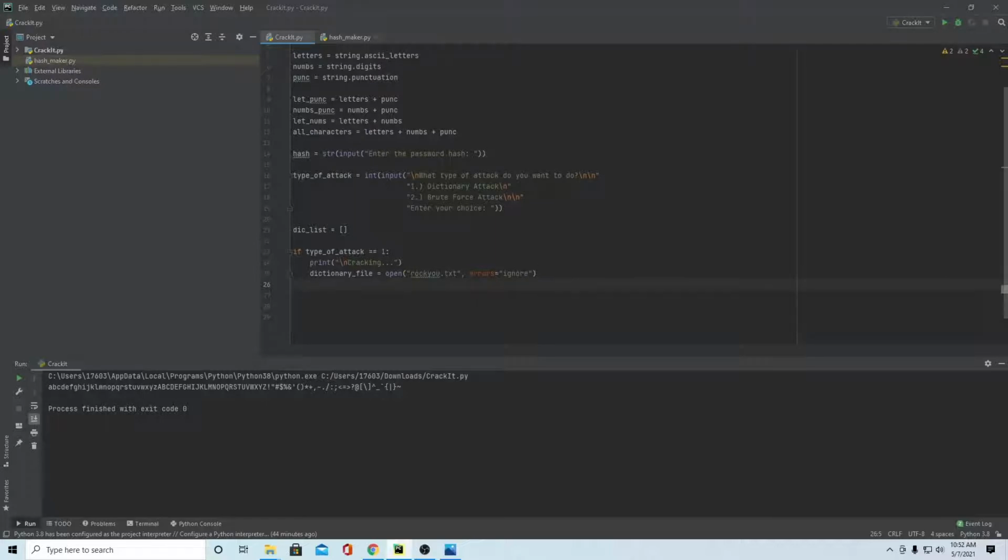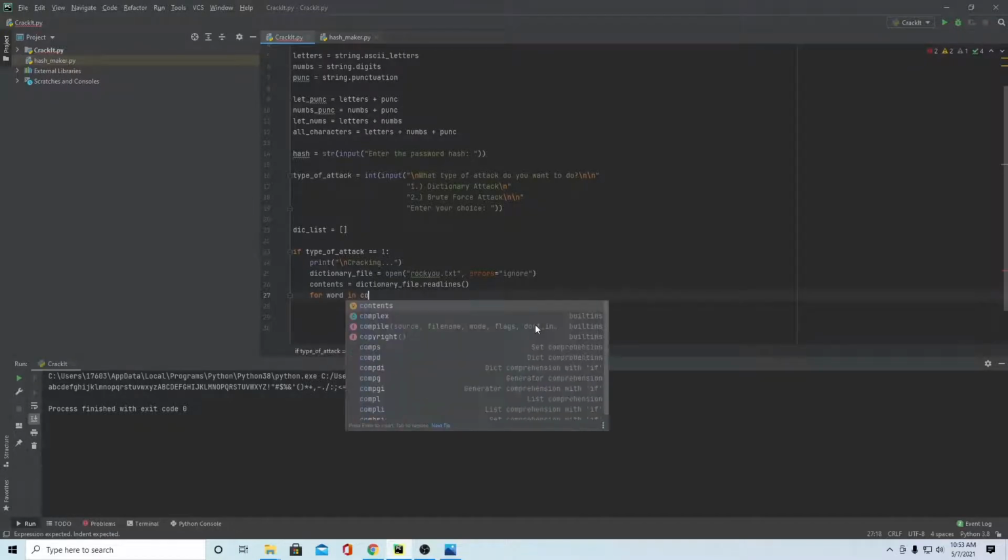Next, we're going to get the contents out of the dictionary file, rocku.txt, by using dictionary file.readlines and store that in a variable called contents. Now, after that, we're gonna take each piece of the contents of the whole file, so we're gonna say for each word in contents,